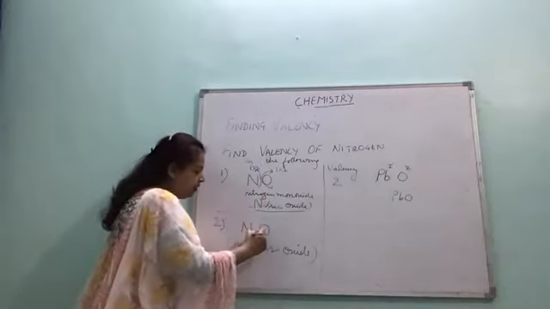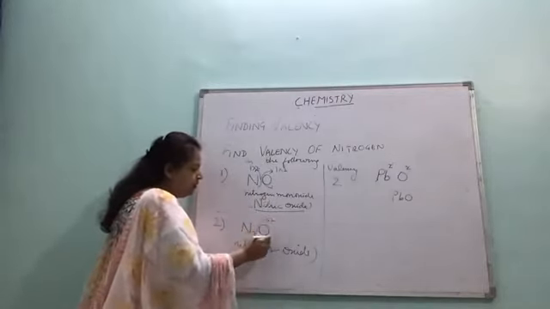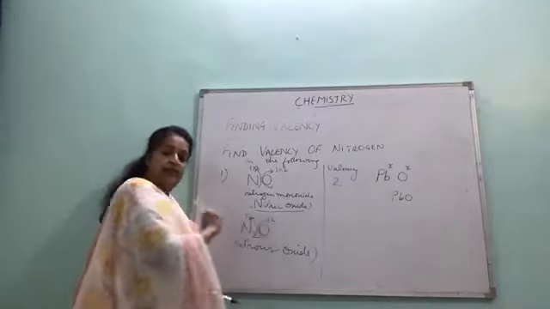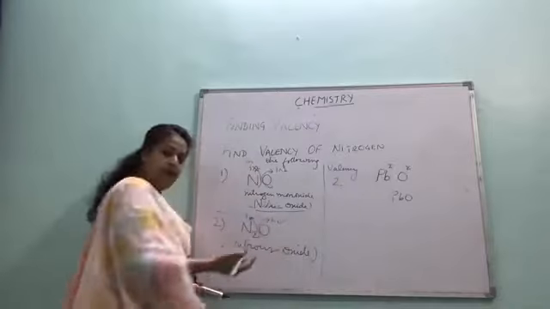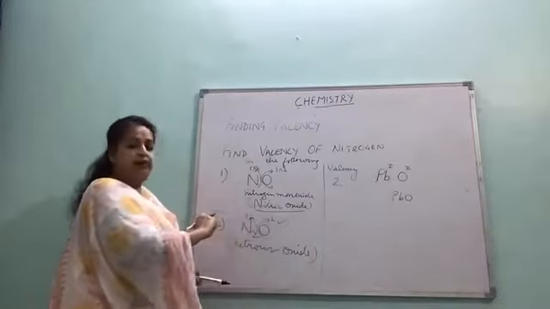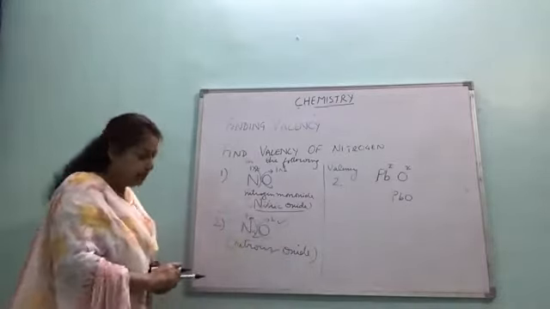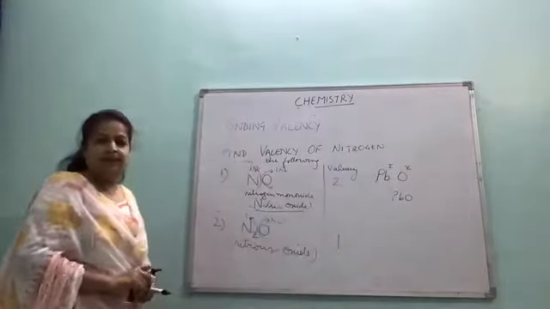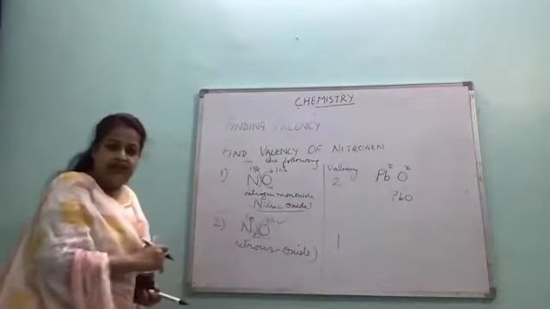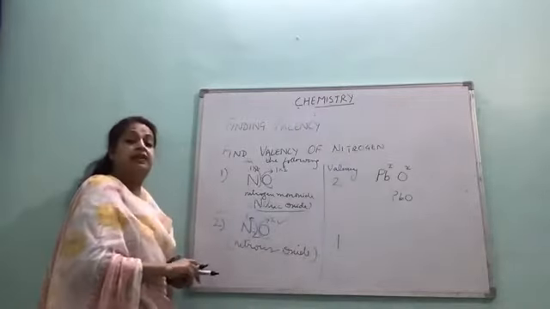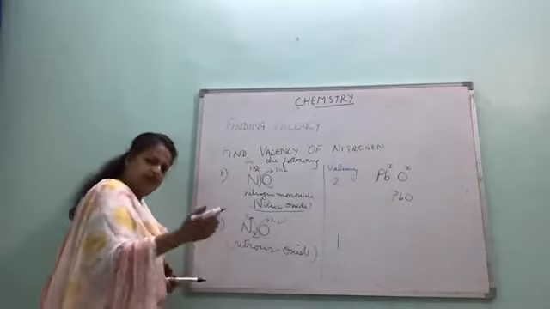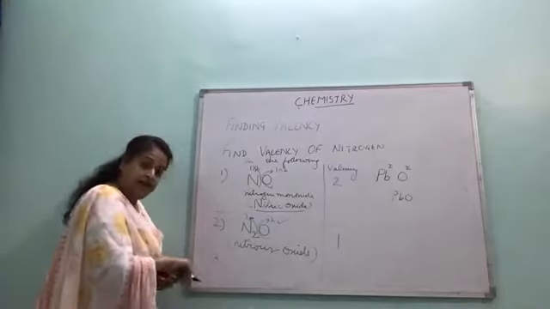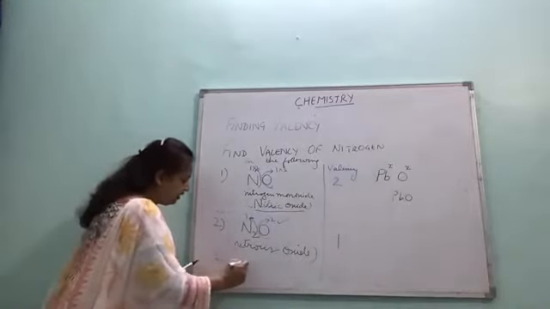Again, backwards. From here it goes here, so it should be 2. From here it goes here, it should be 1. Now oxide valency is showing 2, which is correct. It should be 2 only. That means in this compound, the valency of nitrogen in nitrous oxide is 1 only. So is it clear how we are getting the valencies? Okay, I am taking something else. Sulfur trioxide. The valency of sulfur in sulfur trioxide.